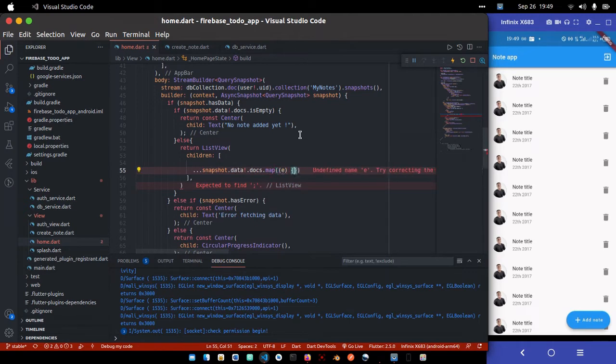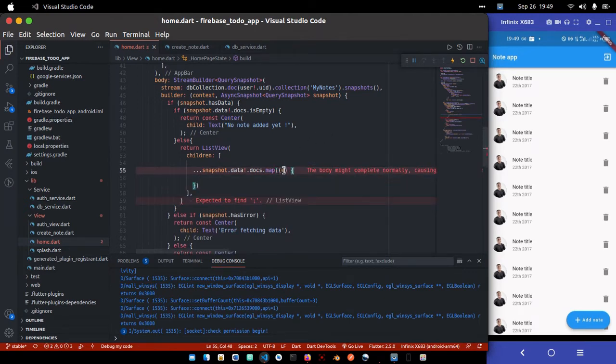So the data now will be returned inside this e. So I can just call this one data. So the data is actually inside the e, so the data are stored there now. But for now, let me just return a simple ListView with the snapshot data. Let me just return a test, or instead of a test, let me return our normal widget that was copied,